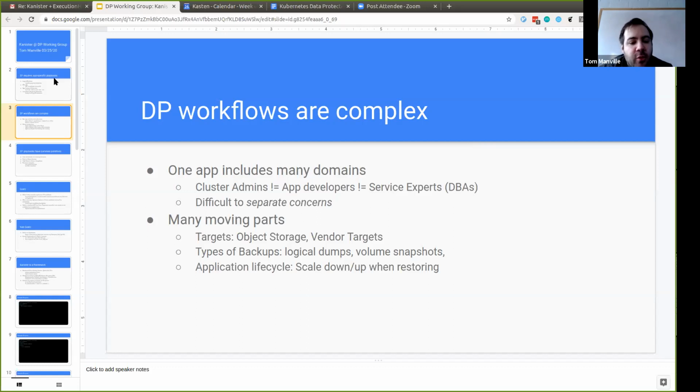And so there requires some coordination. In addition, there's many kind of infrastructure moving parts as well. So you can back up to many different places. You know, object store, there's a lot of vendor specific targets that you can back up to. As mentioned earlier, there's many different types of backups that use different parts of your infrastructure. And in the new